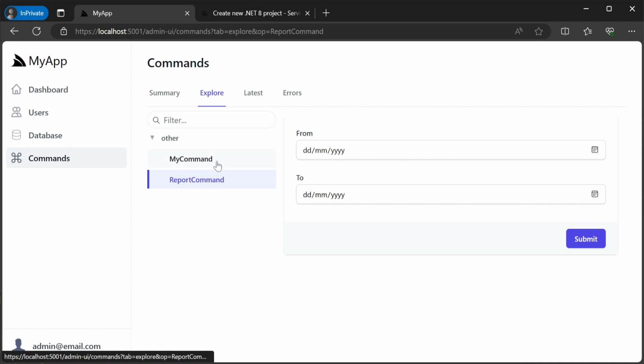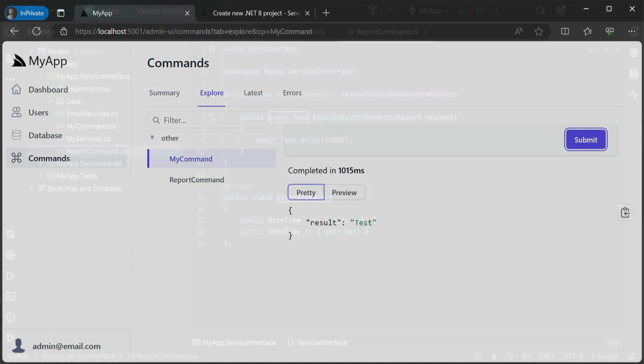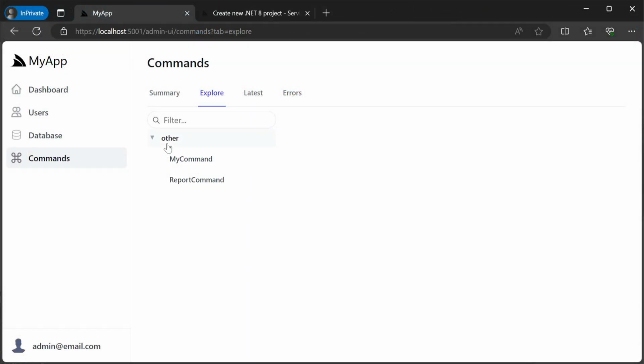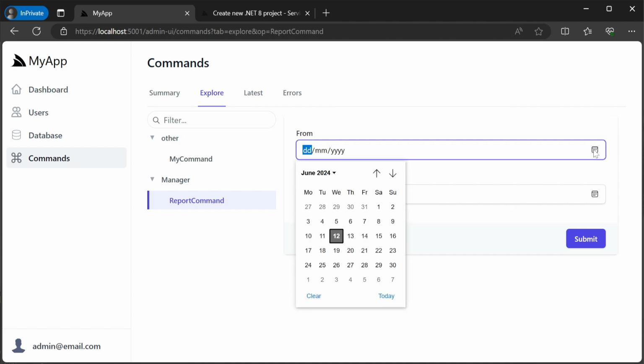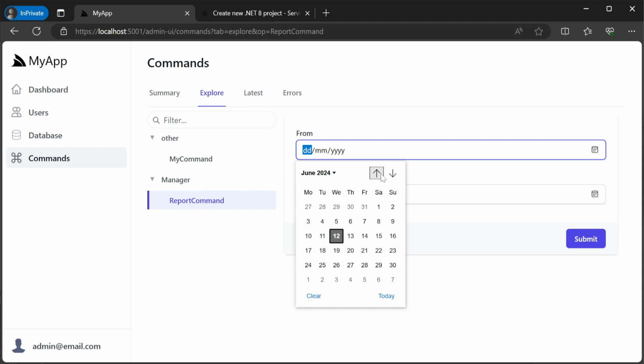Here, Other is just the default tag if a tag attribute is not used on the command class itself. Just like how the tag attribute can be used to organize your services in the API Explorer interface, tags can be used to do the same for commands as well in this Explore tab. Selecting the report command, we will see a generated form for populating the generate report POCO and firing the